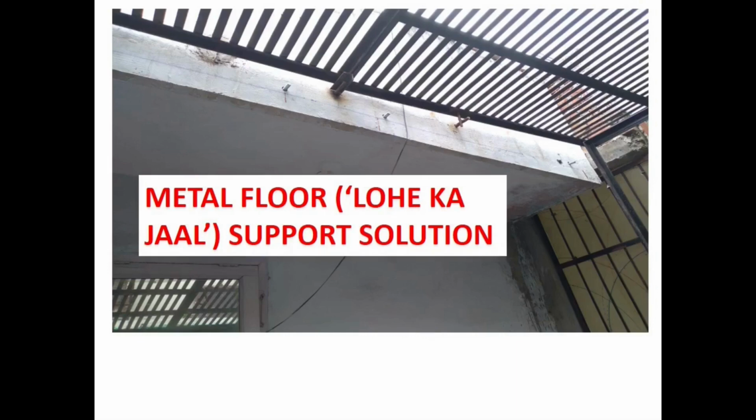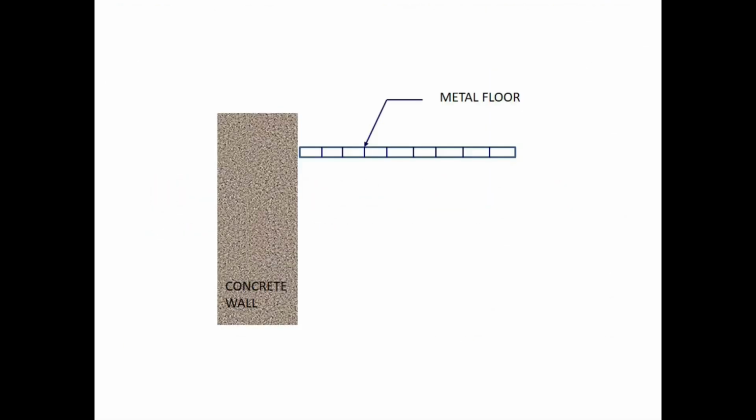As we know, there will be 6 supports provided for our entire metal floor. Each support will be provided on our parapet wall, that is, the concrete wall. To accomplish this task, we will provide an anchor fastener for each support that will be inserted into the concrete wall. This anchor fastener is also called an anchor bolt. We will discuss later what an anchor bolt is.